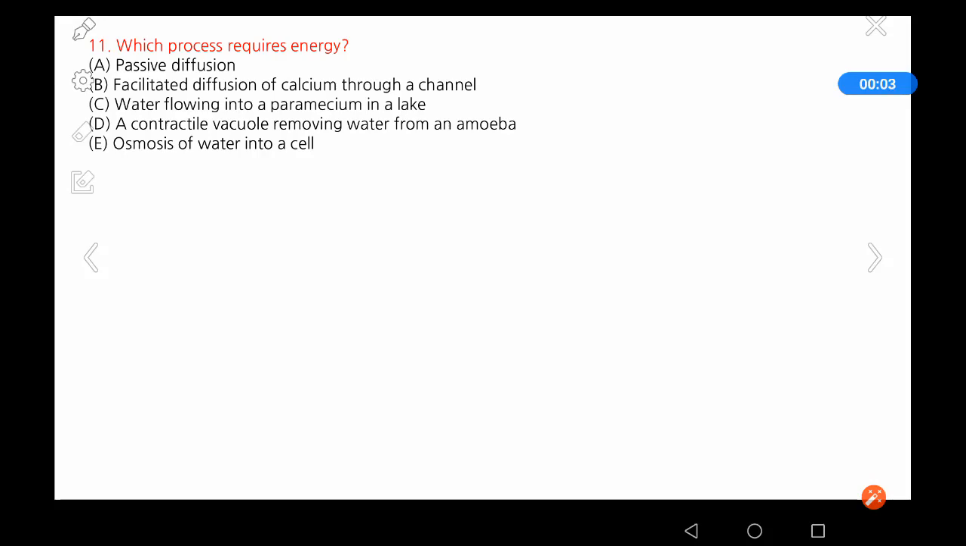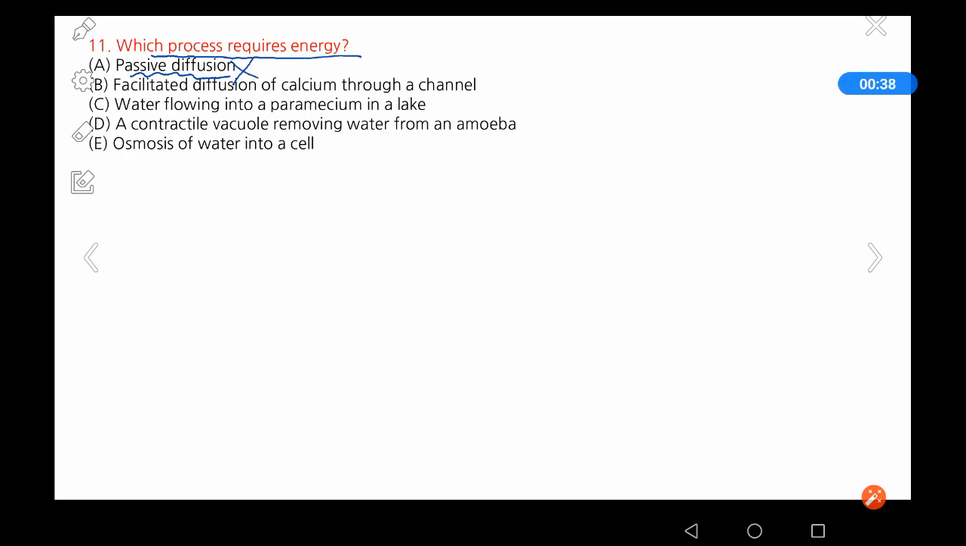So, guys, in the second part of this chapter, we have another 10 questions. In this question, it says which process requires energy. We have five answers. One of them requires energy, the other four do not require any energy. We have passive diffusion. You know that diffusion is the movement of molecules from high concentration to low concentration that